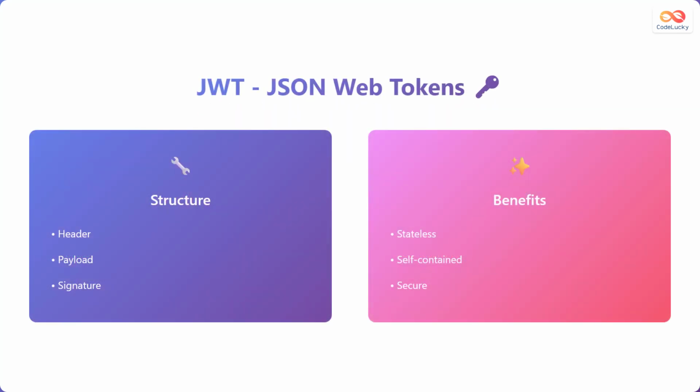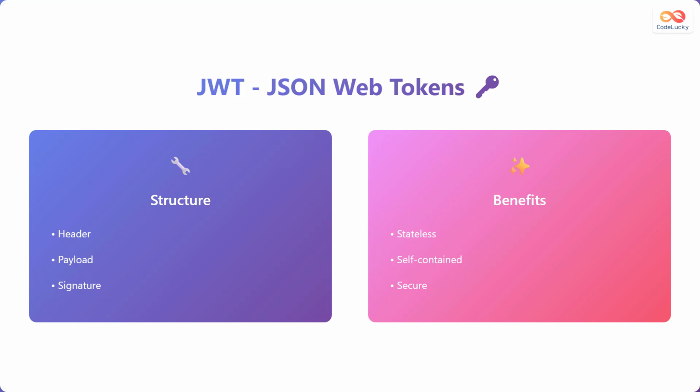Let's explore JSON Web Tokens, also known as JWT. JWT structure consists of three parts. Number 1, the header, which typically specifies the type of token and the hashing algorithm. Number 2 is the payload, which contains the claims or the data that the token holds, such as the user ID or other user information. And the third one is the signature, which is calculated using the header, payload, and a secret key, ensuring the